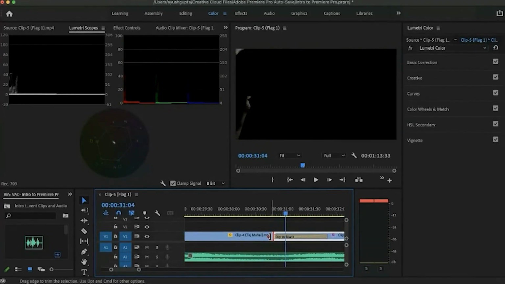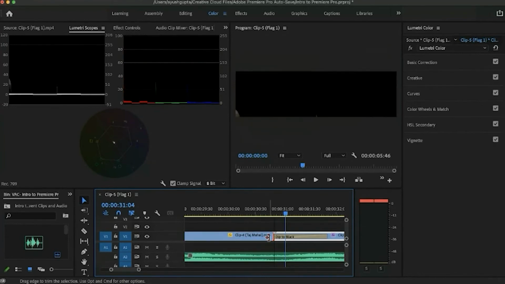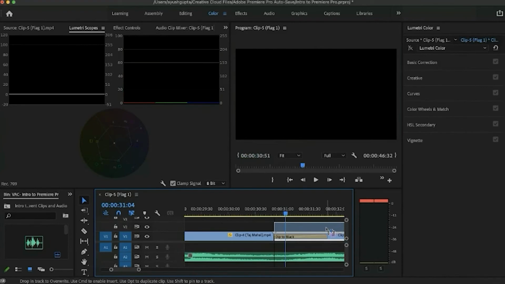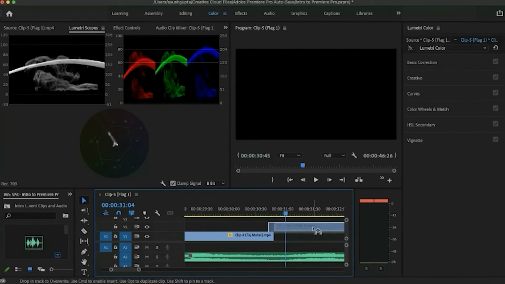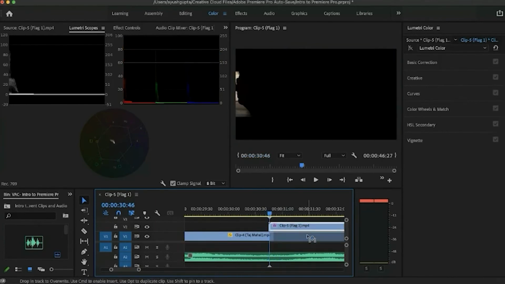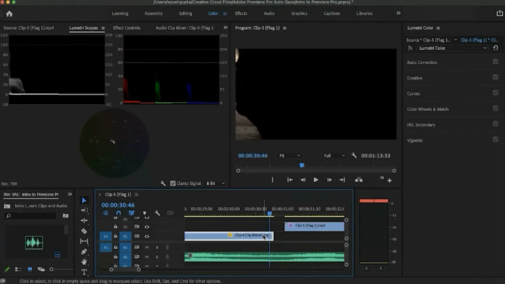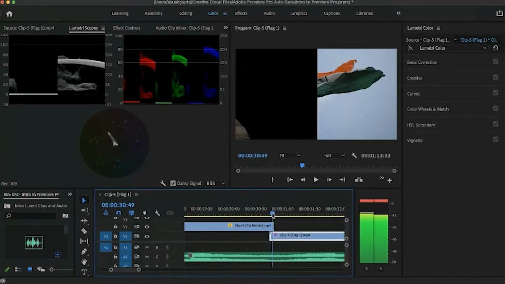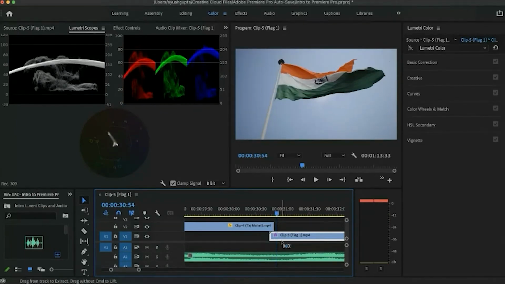So for that, we have to drag it a bit back. Or if that's a problem, we can just drag it above that clip or below. We'll drag this clip above and this below. Still, it doesn't look nice.